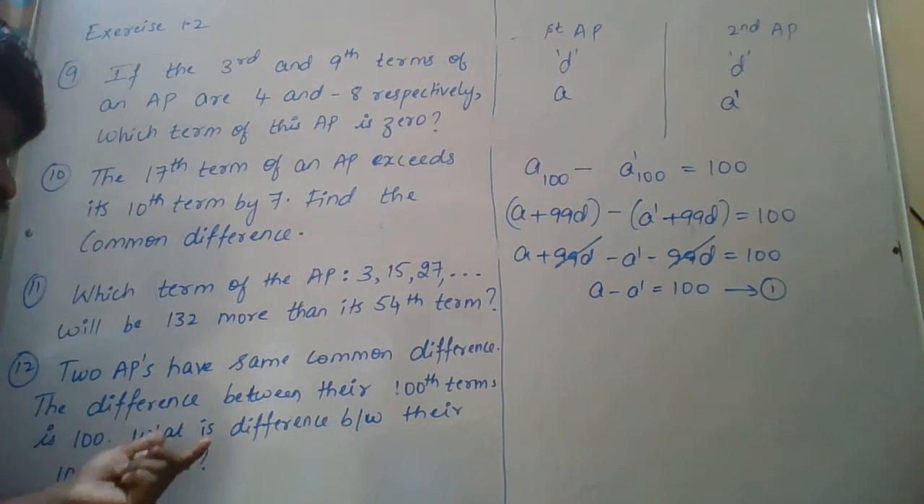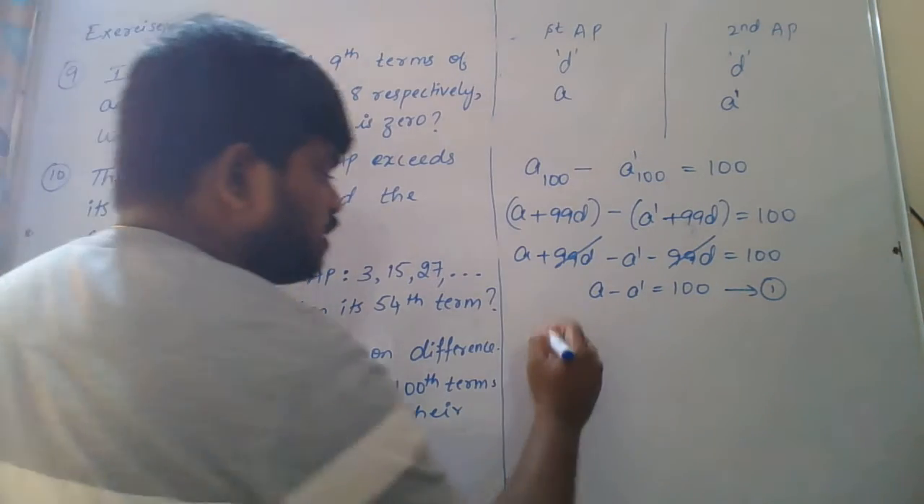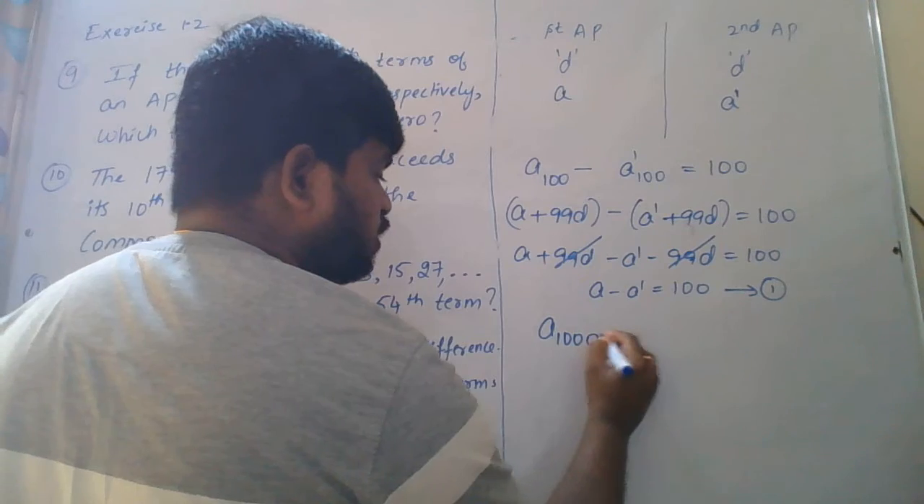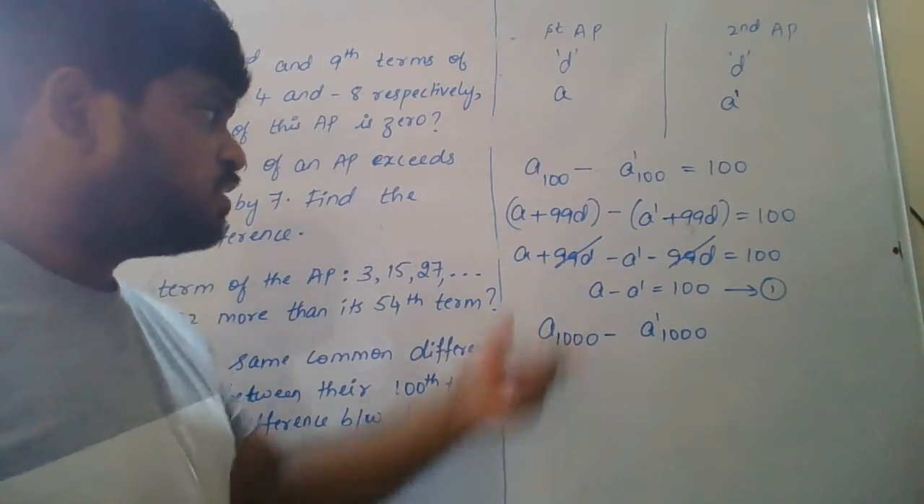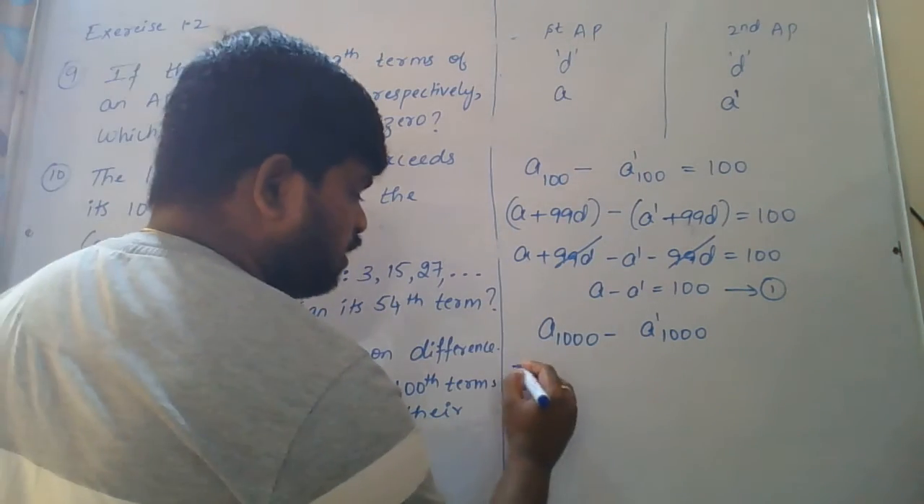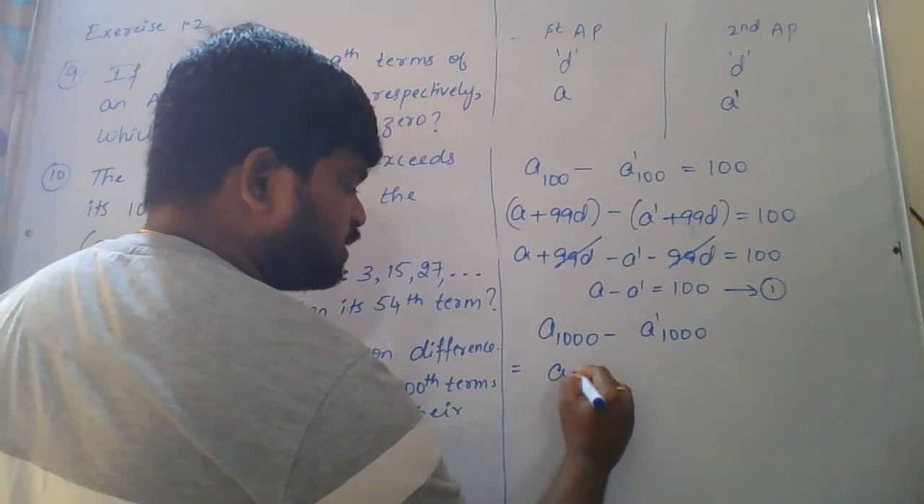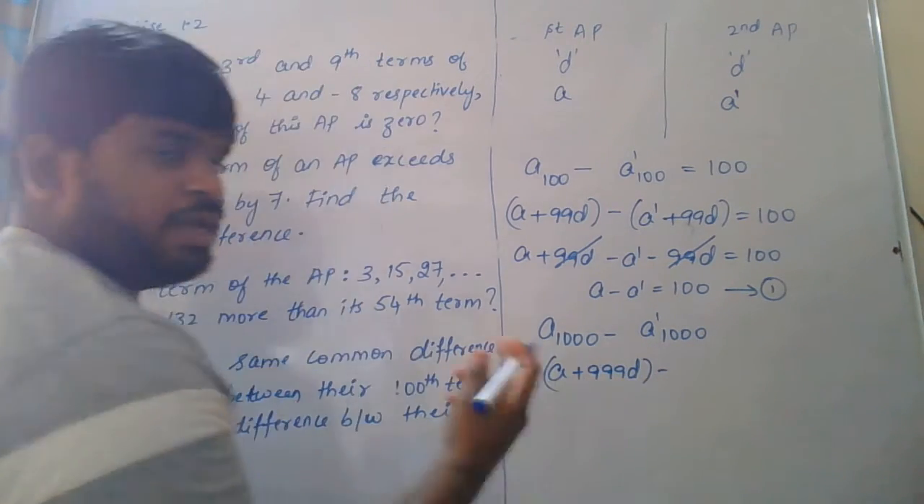Okay. What is the question? What is the difference between their 1000th terms? That is the question. So A1000 minus A prime 1000. This is what we have to find. What will be the value of this? Let's find it. That is equal to A1000, which can be written as A plus 999D, minus A prime 1000,